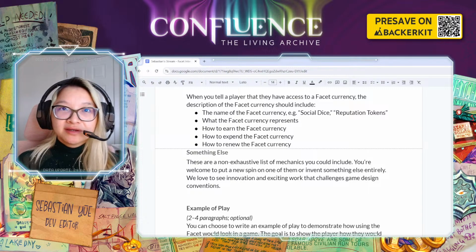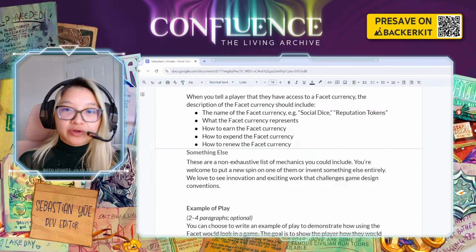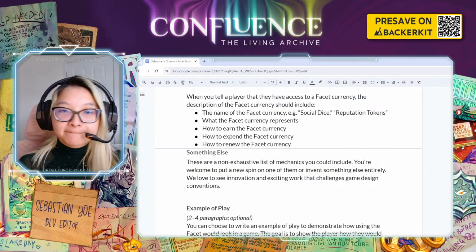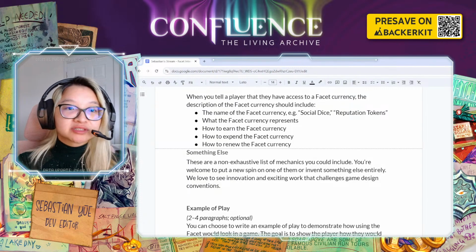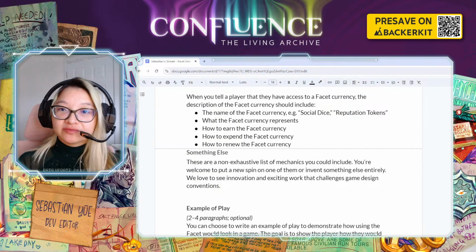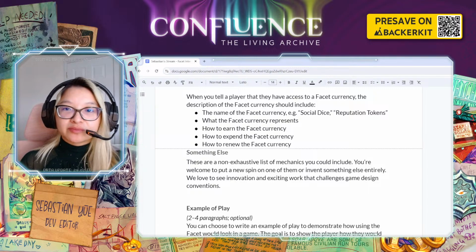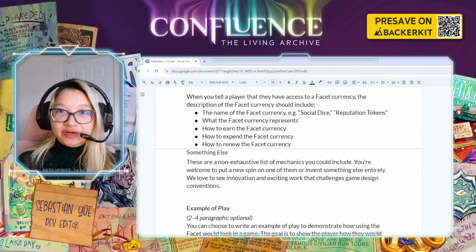So I need to know what situations and what actions will get me reputation tokens, what I can spend them on, and how I can get more of them, essentially. And I've put earning and renewing as slightly different. You might be able to earn it and you might be able to renew it with a certain person. It might be more of a renewal, but essentially, how do I get this and how do